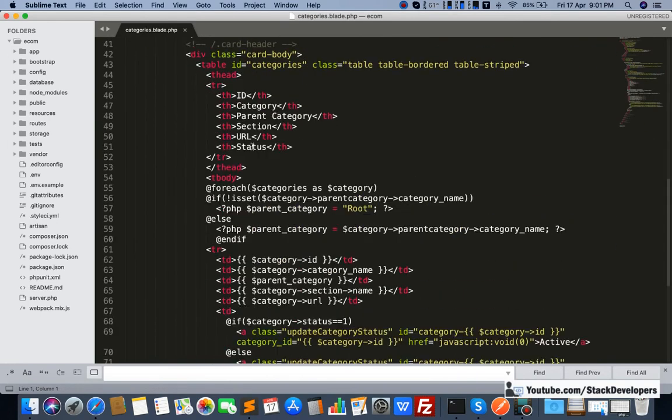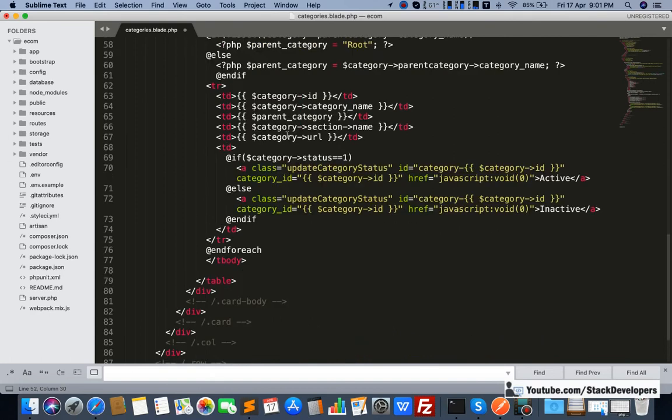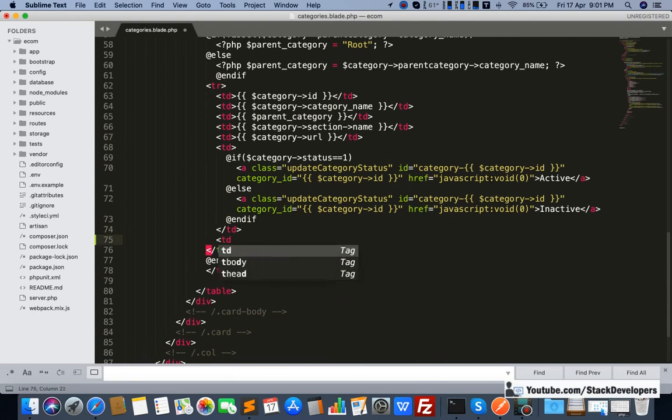Here I am going to add one heading, and that will be actions. And at last I am going to add td and td like this, and here I am going to add the edit category link.